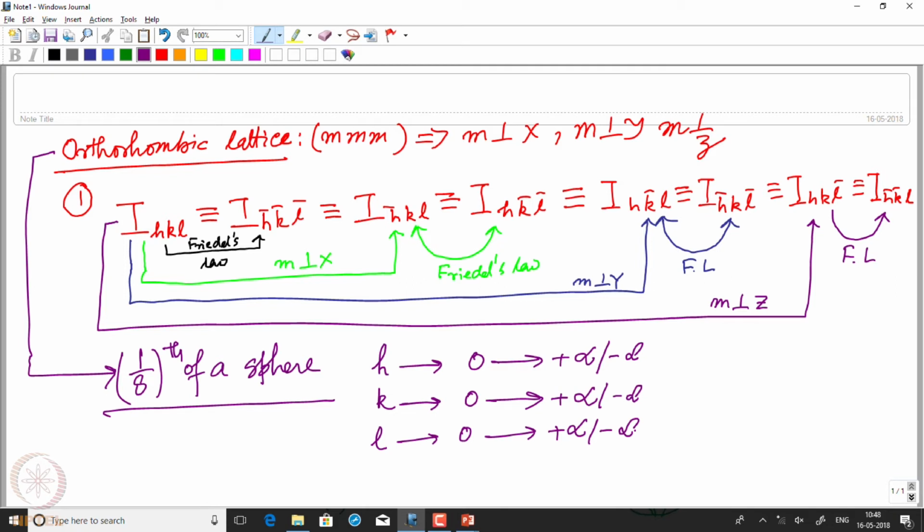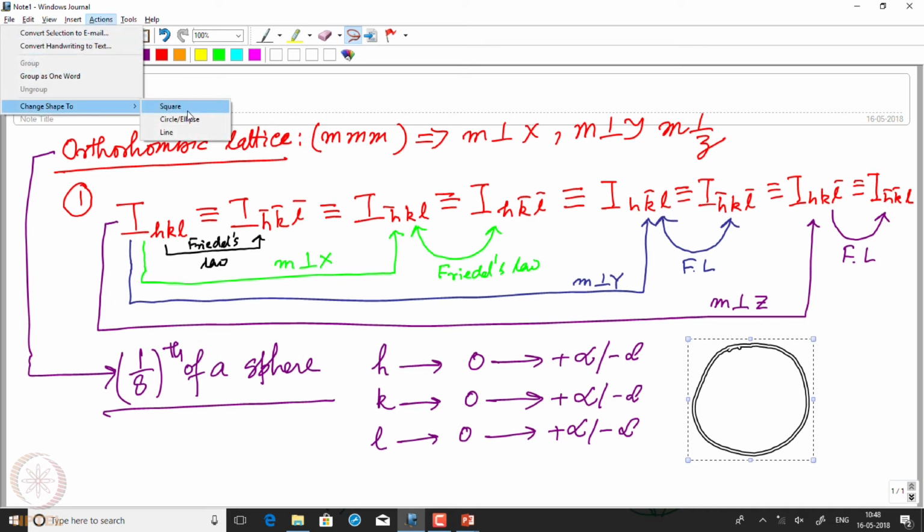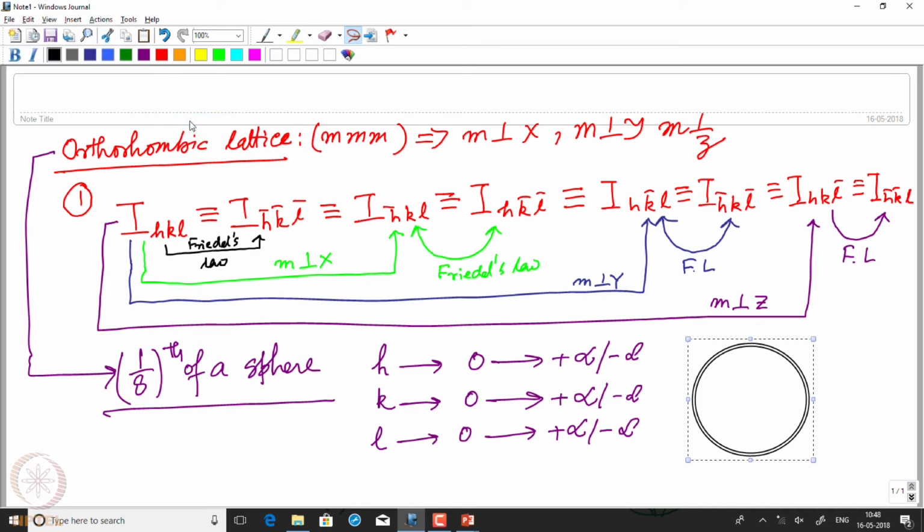So what are we trying to mean here? We mean that if this is a sphere, and then we have divided into 8 parts,